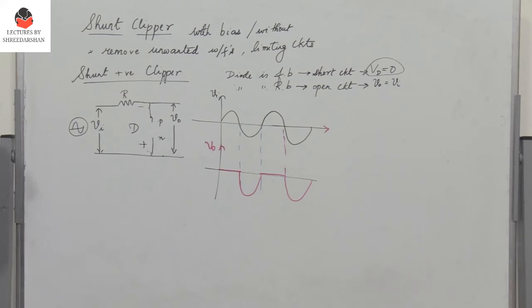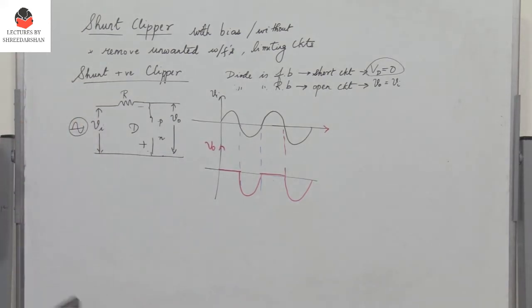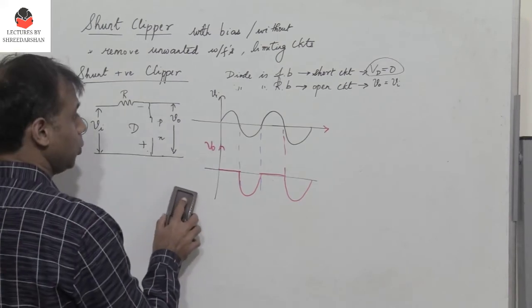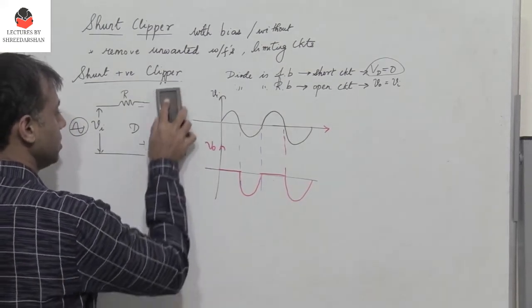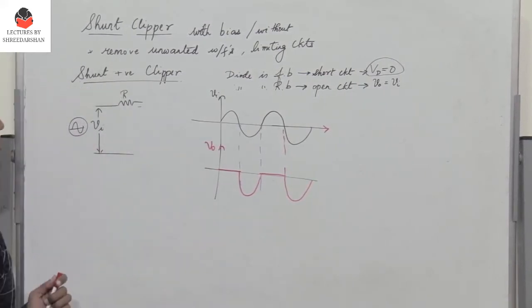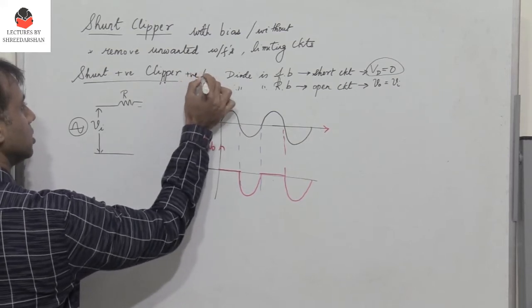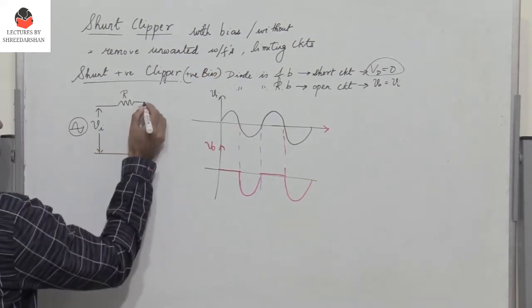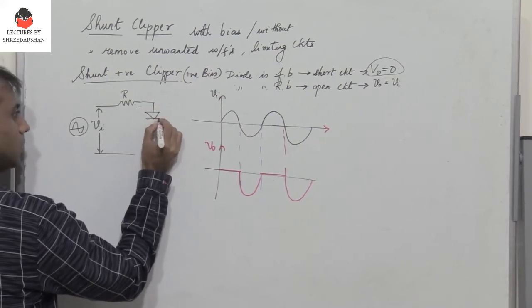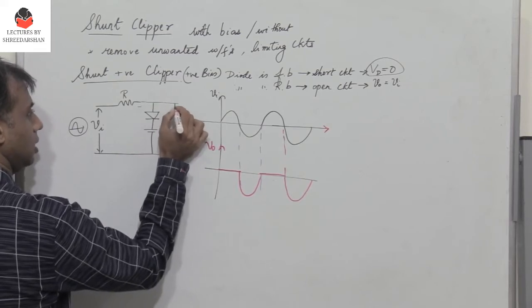So now to this shunt positive clipper, I can add a biasing voltage. Now with positive bias and with negative bias, these are the two variations which we should study. With a positive bias, what happens when I connect a positive bias? So this is a shunt positive clipper with positive bias. Therefore we have a diode and then you have a positive bias, and then the output voltage